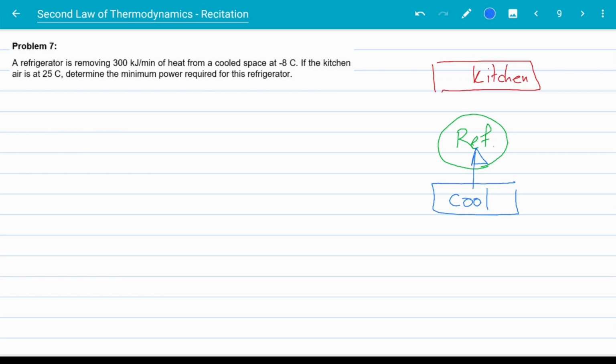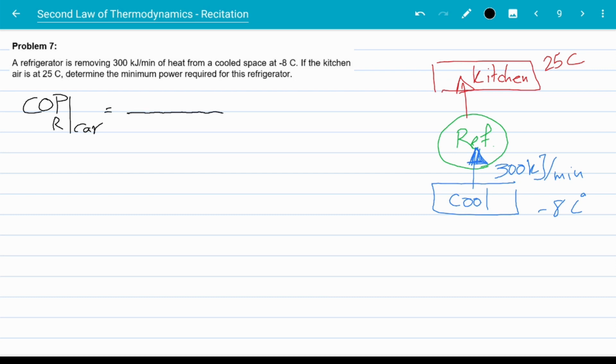It is taking heat from the cool space at the rate of 300 kilojoules per minute, and it is dumping it into the kitchen. Temperature of the kitchen is 25 degrees Celsius. Temperature of the cool space is minus 8 degrees Celsius. So COP of a refrigerator, which is acting on a Carnot cycle, or is ideal, is, we know this equation beforehand,